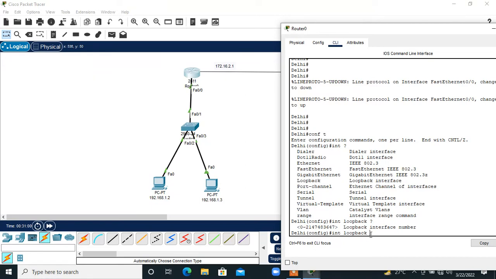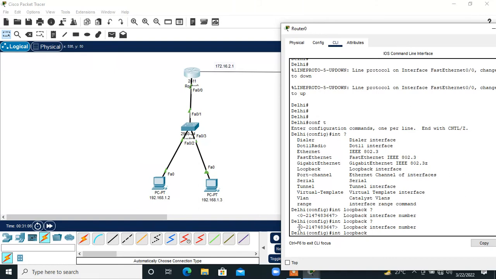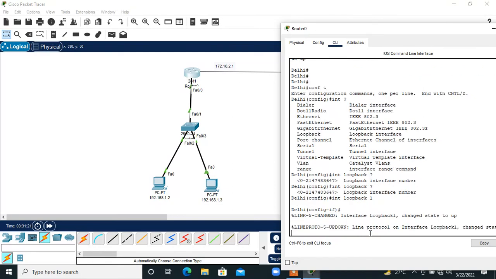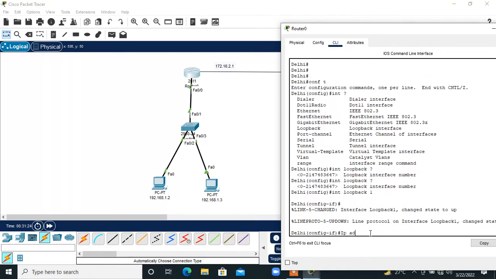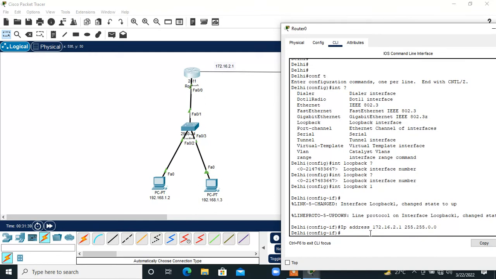So for now I'm just going to give one number, because that can be any number between this range. From 0 to this particular number you can have the loopback number, right? You see, there is a huge list for these loopback addresses. So I'm just going to take one loopback number, let's say 99 or 1, right? 1. It is created, and let me just assign the IP address of my loopback. So the IP address for this loopback would be, and I just need to provide the subnet mask also, for this class B. So we need not make this loopback up, because loopbacks are always in the up